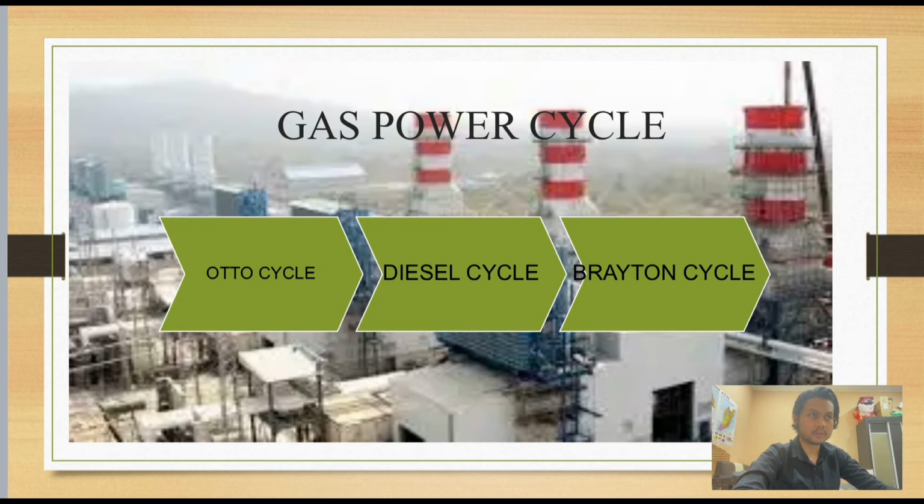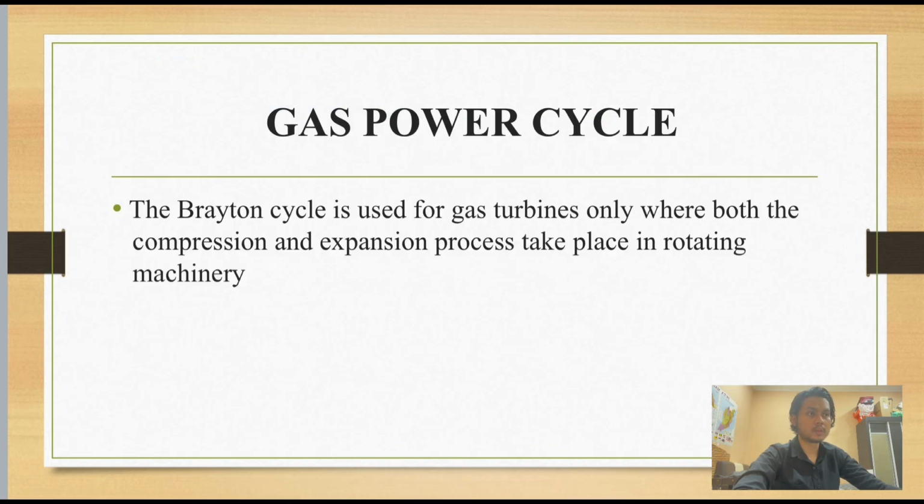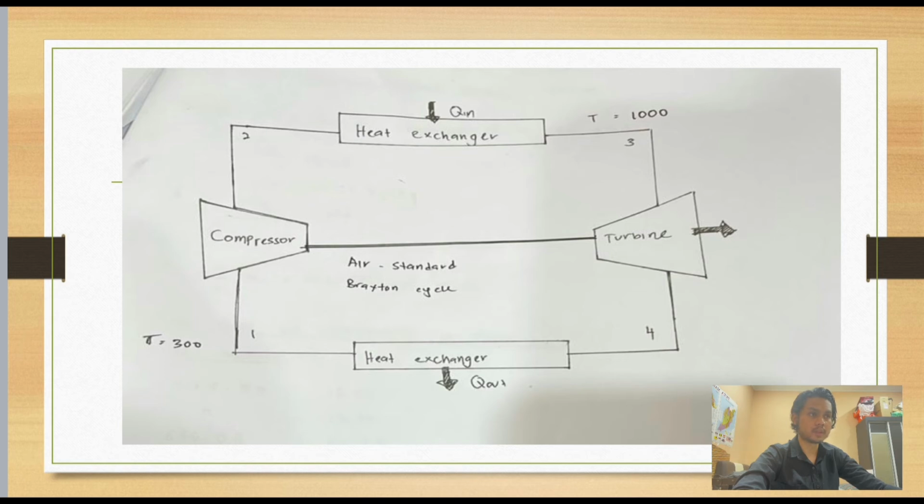The suitable one for question 1 from the three types of gas power cycle is the Brayton cycle, because it is competitive to use. So what is the Brayton cycle? The Brayton cycle is used for gas turbines only, where both the compression and expansion processes take place in rotating machinery. So the Brayton cycle is suitable to use. This is a standard Brayton cycle,